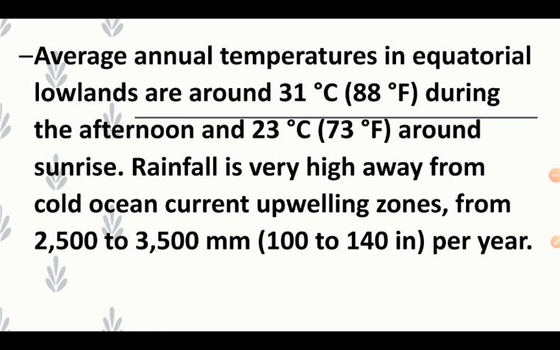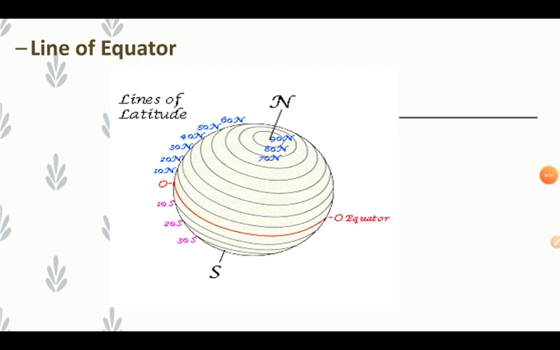Now the equator represents 0 degree. Come to the picture. The equator represents 0 degree latitude. Since the distance from the equator to either of the poles is one-fourth of the circle round the earth, it will measure one-fourth of 360 degrees, which is 90. Thus the 90 degree northern latitude marks the northern pole and the 90 degree southern latitude marks the southern pole.